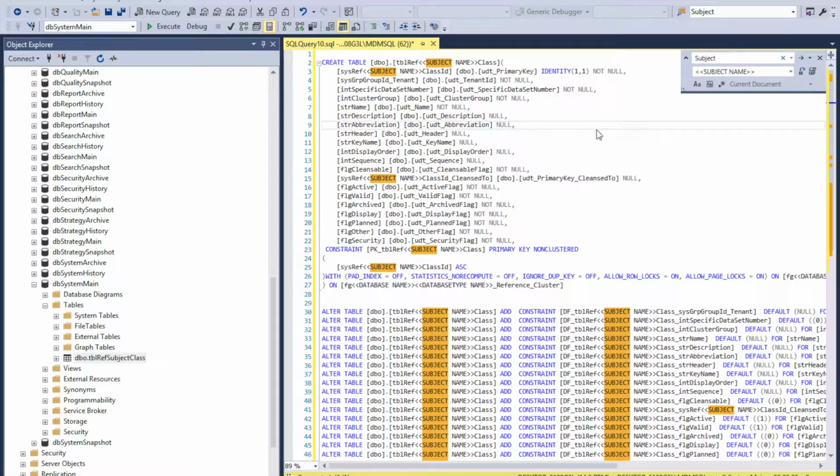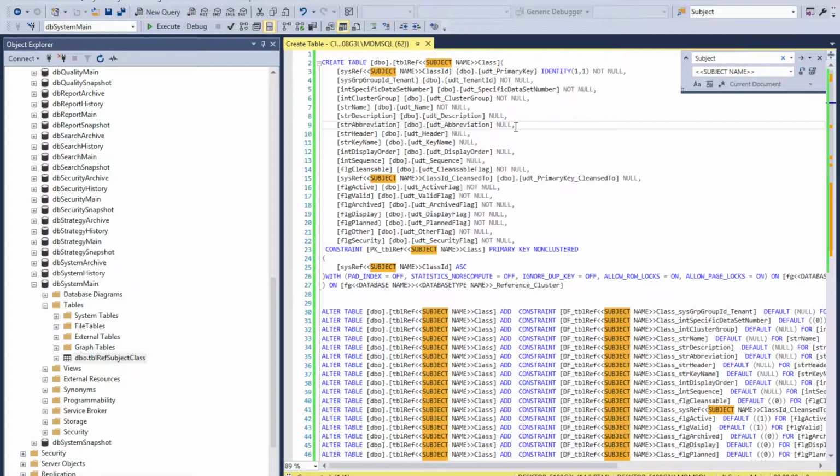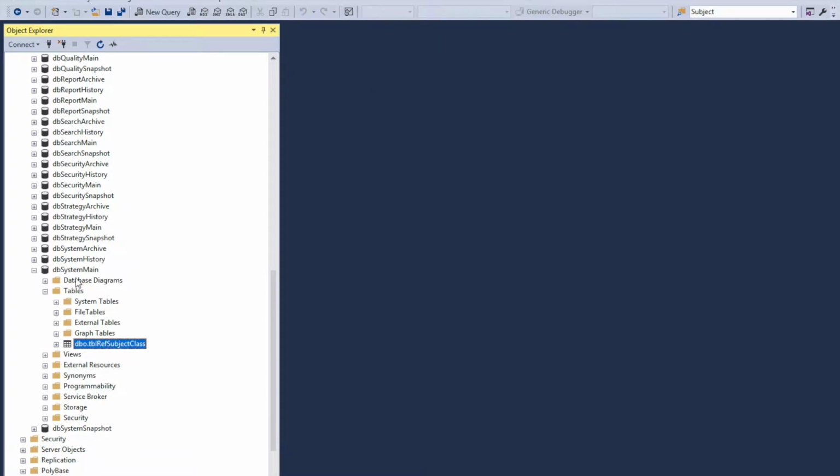Now I'm just going to save this in my vault as create table. And it's the class table, but it's no realm. There's no realm above this class. And we're going to create some of those today too. I'm going to save it. Now we